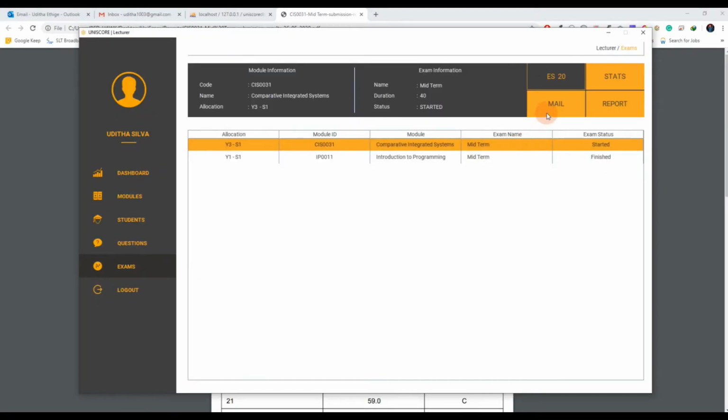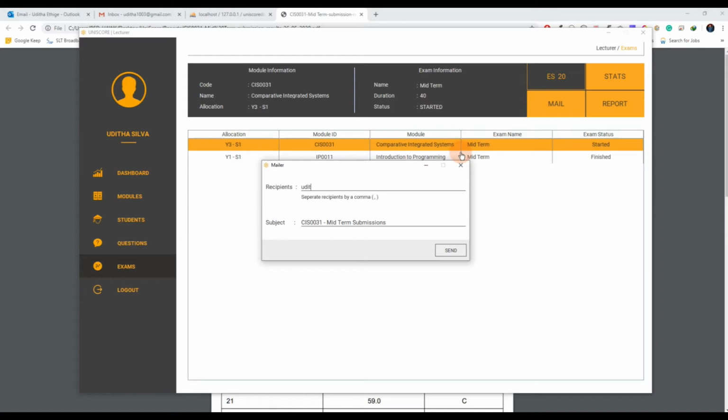Furthermore, the lecturer can also email these gradings to other relevant parties. Now I will mail the gradings to my personal and university mail as follows. This is done using Java Mail, another library to send mails, and Quick Charts Web API to add charts to it.